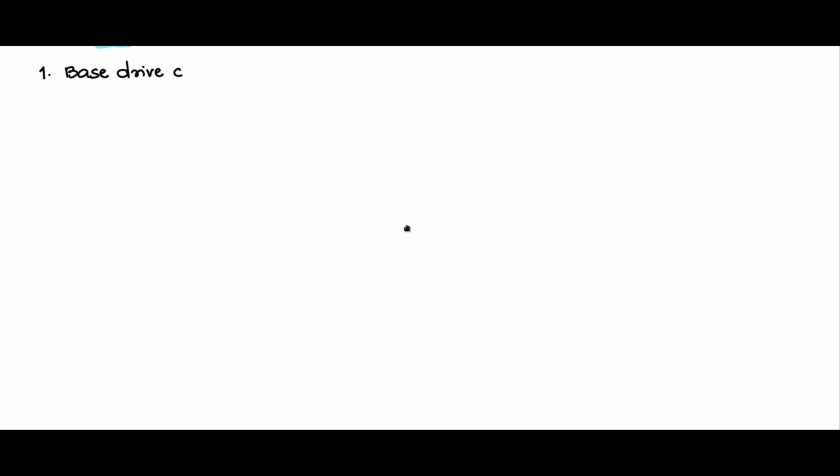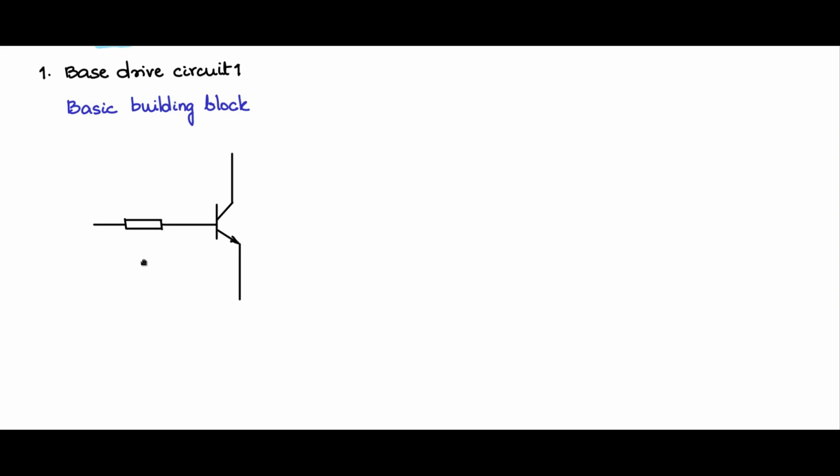So let us now draw our first base drive circuit. This base drive circuit that we are going to draw now will be the basic building block of most base drive circuits, very important and very popular. So it is very simple. It consists of this transistor, the BJT that needs to be switched on and off. It consists of just 2 components for driving the drive circuit. It has one resistor and another resistor like this, connected in this fashion. So this BJT is the BJT to be operated, and these two are the drive circuits.